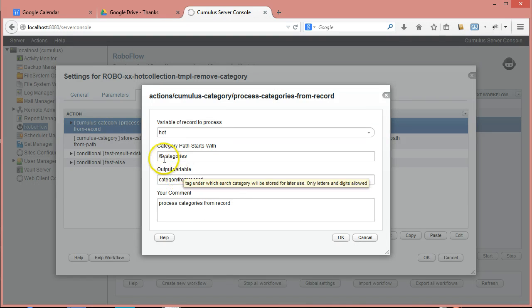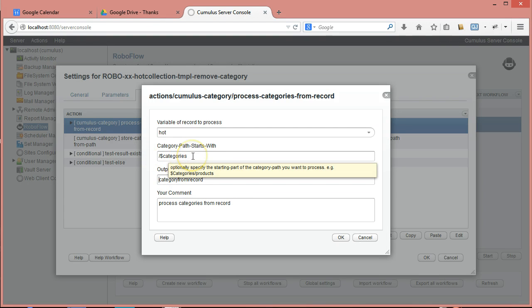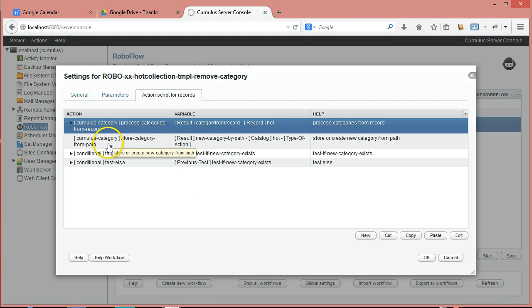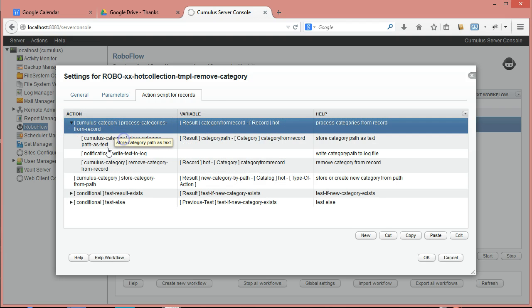One thing to mention is, depending on your Cumulus or Roboflow version, if you have a version prior to 9.1.25, the starting path where you're looking for has to be lowercase. Otherwise it won't work. More recent versions can just put any case they like, and this will process the records, and it will store